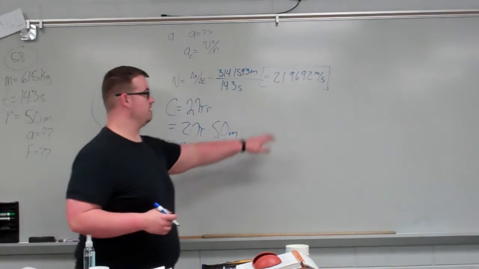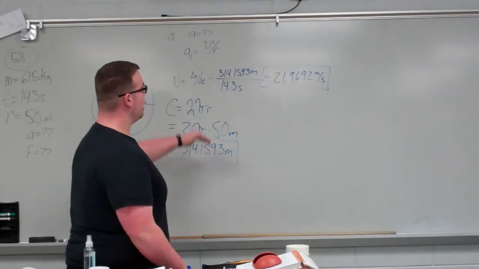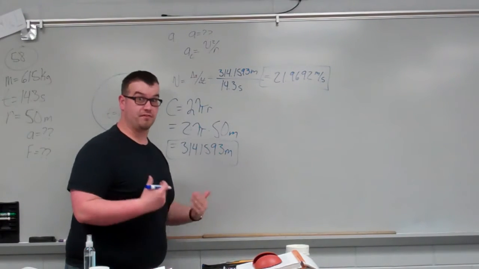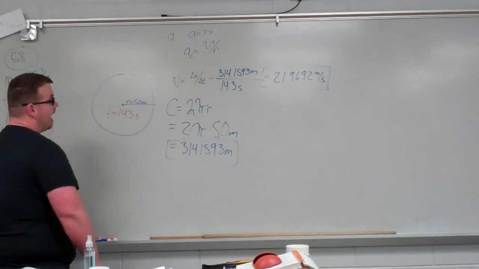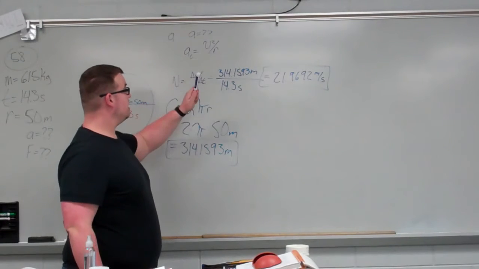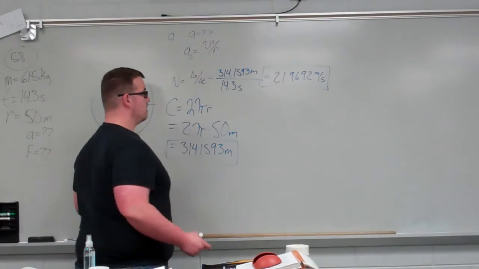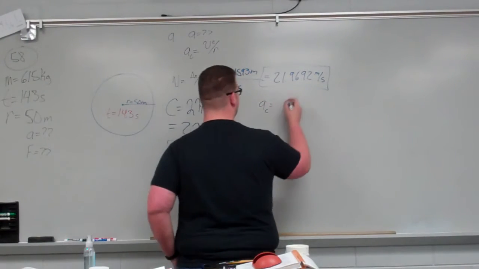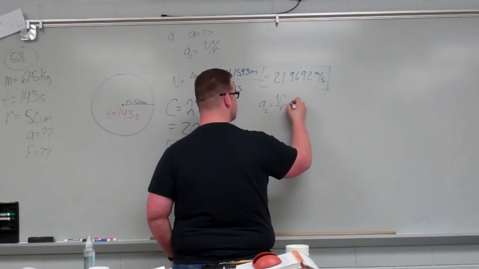And if you didn't come up with this exact number with these decimals, it's because, like I told you guys in class before, I don't retype these in. I store those numbers in my calculator for accuracy in my calculations. So let's do the acceleration now because I have everything I need for it. I have the velocity and I also have the radius. So I can find my acceleration to be equal to the velocity squared divided by the radius, which is equal to